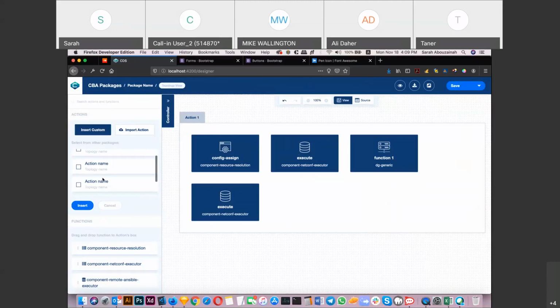We have here the list of the topology that users have access for. We have the action name and the topology name or the package name that has this action, and user can add one or many as I mentioned, and just insert this, and we have one or many actions in this